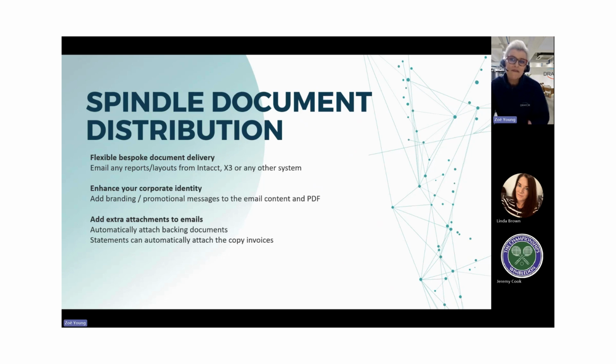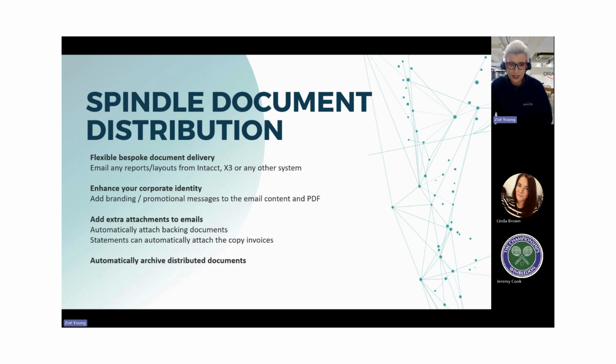Now, probably my favorite feature, but that's because I started life in a credit control department, was this. Every time I used to send out statements, people used to contact me to ask for copy invoices. So a fantastic feature of Spindle document distribution is the ability to send out my statements from Sage, and automatically that email of that statement will attach the outstanding copy invoices as well. So now my customer has no excuse not to pay me on time because we have already provided them with